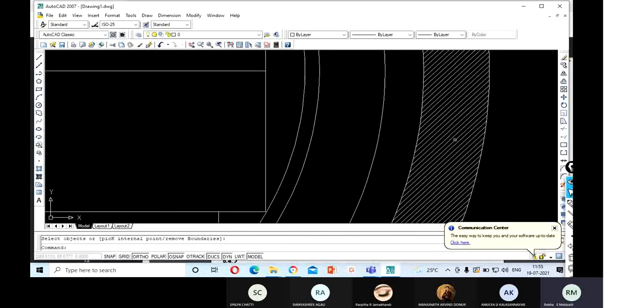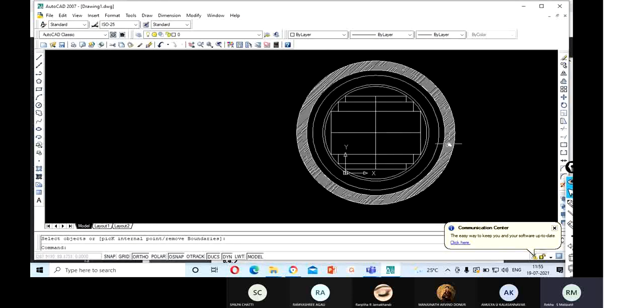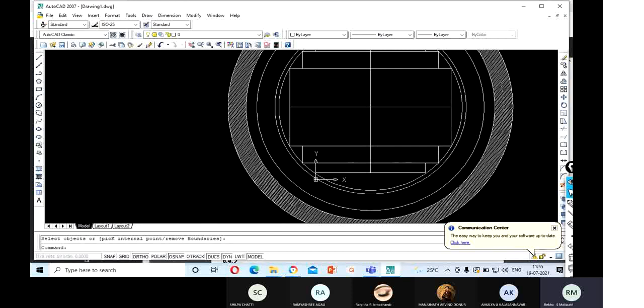If you want to change the scale, you can change it to 0.5 or 1 also. Now this is the HV coil that we have hatched.